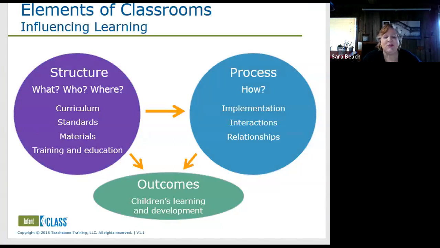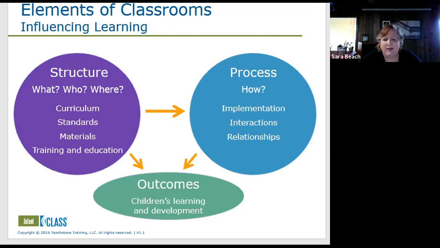So what does the tool measure? What does the tool look at? And why do we have these measurement tools? Well, these are the kinds of things that have been shown in research to matter for children's outcomes. We know that structural features of classrooms matter, such as what materials you have. Do you have good professional development? Do you have good levels of staff training and education? Do you have a curriculum? Are you using it, et cetera? What standards are you addressing? The who, the what, and the where, those are all structural features of quality. And there's a lot of research that shows those things matter.